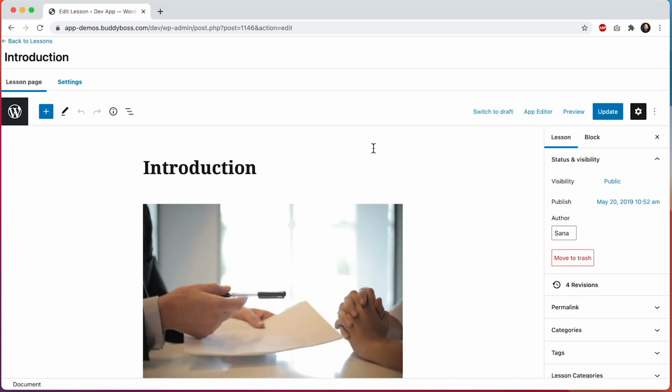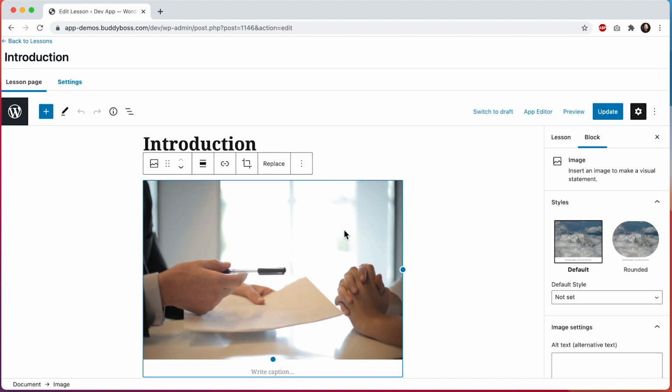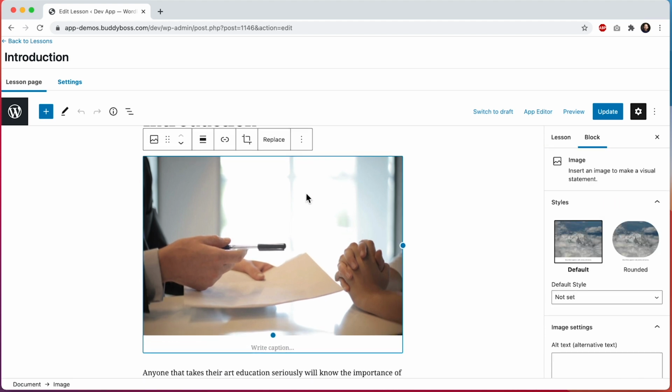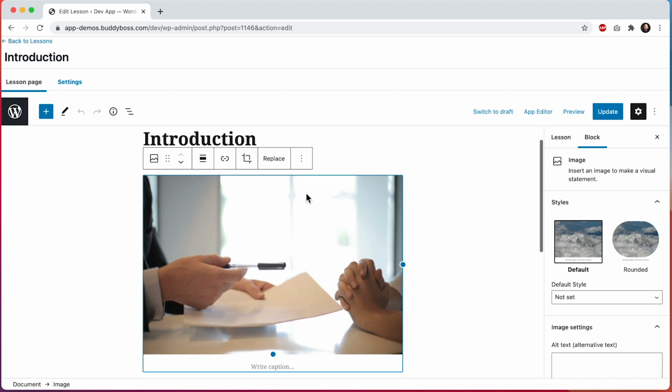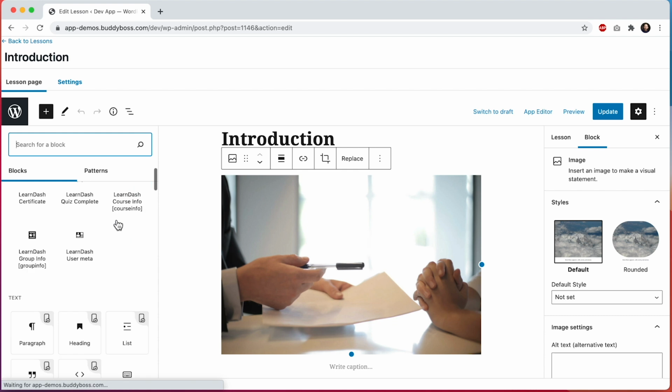The most important thing to understand about course content is that the absolute best experience will be if you are using Gutenberg blocks to format your content. Behind the scenes, WordPress is using APIs to render this block preview here. We are able to take advantage of this and use APIs to pull this block content into the app to display it natively. If I click here to add a block, we can see that some of the blocks have